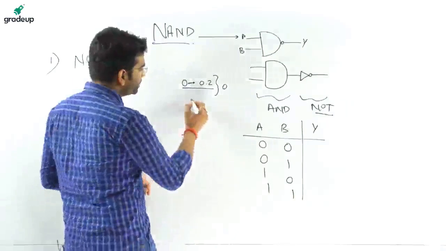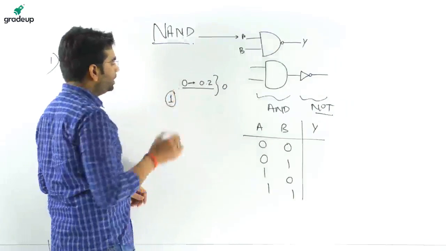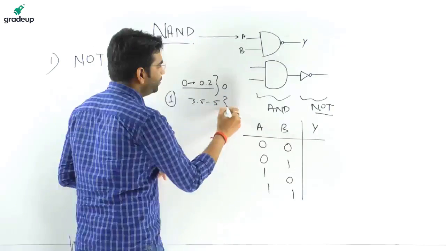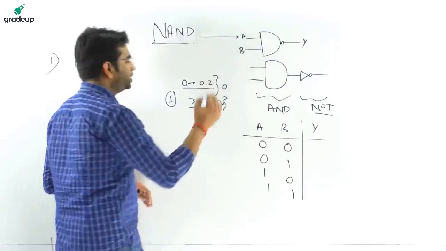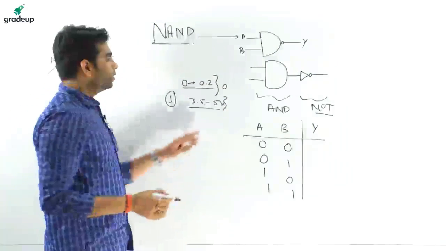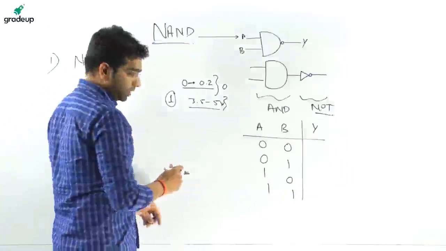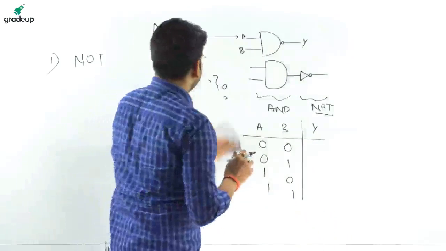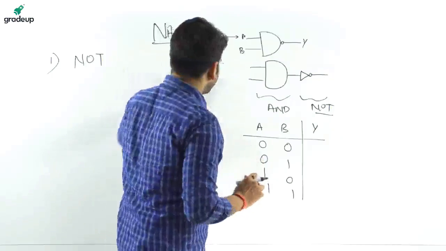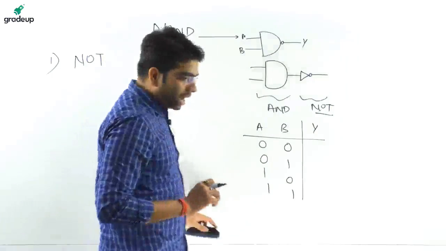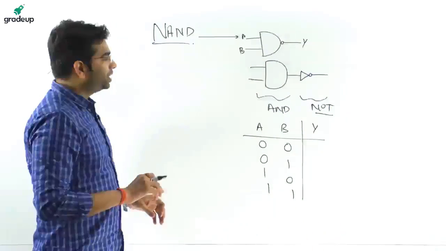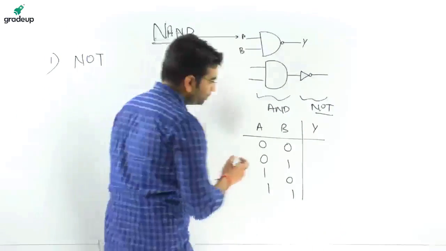And what is actually high? High means it is 1, digital logic 1, okay? It ranges from 3.5 to 5 volts, okay? This is the voltage specification, okay? It is positive logic. In positive logic, the most positive potential is taken as 1, okay? And in negative logic, the most positive potential is taken as 0, okay?